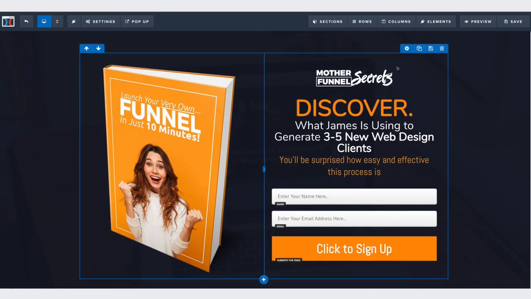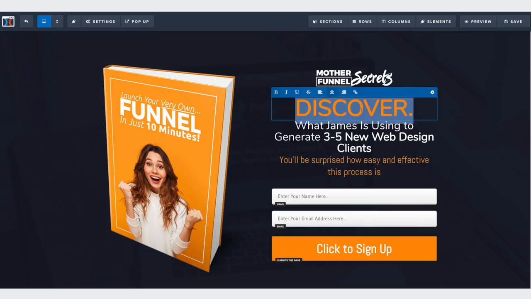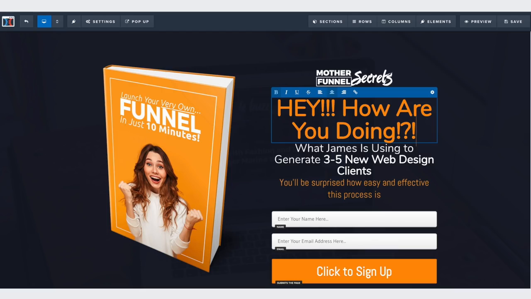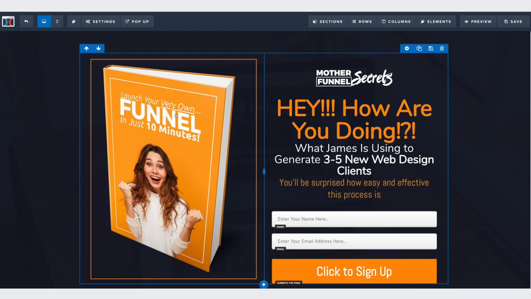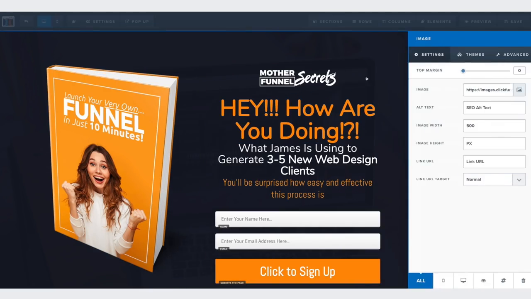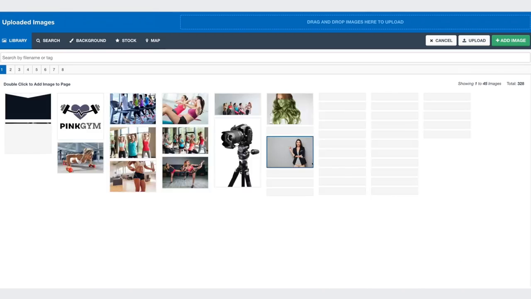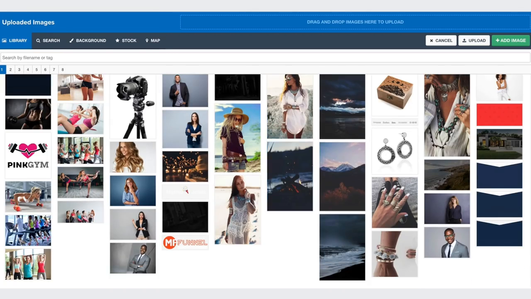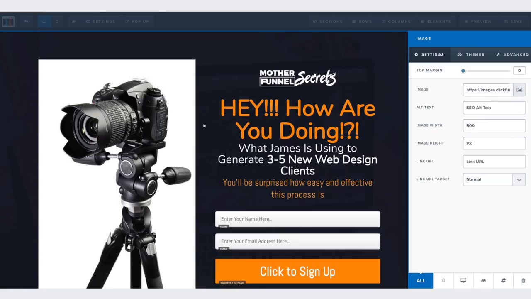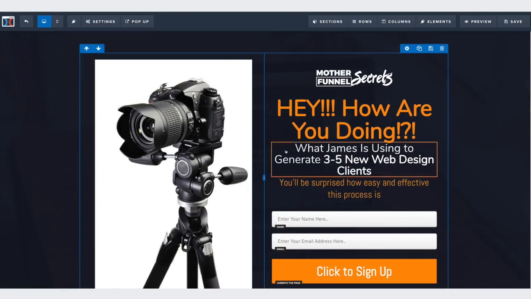And then from here, I can just start clicking on things and changing them. I come right here, I can change out the logos, I can change out the images. Let's say I want to change out the product shot from a book to something different. I click on images, I find my images, I can upload my own if I want. I'll click on the camera here, and boom, that fast,